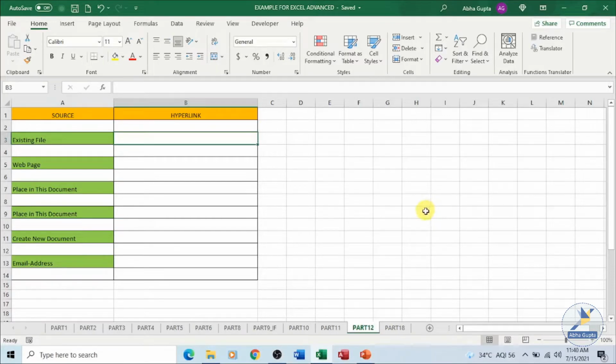So first of all, let's discuss what exactly are hyperlinks. Since we are using computers every day, searching the web and making use of the internet, be it on any kind of device, maybe your laptop or a mobile phone or iPad, a hyperlink is a colored and underlined text or a graphic, icon, picture, button.